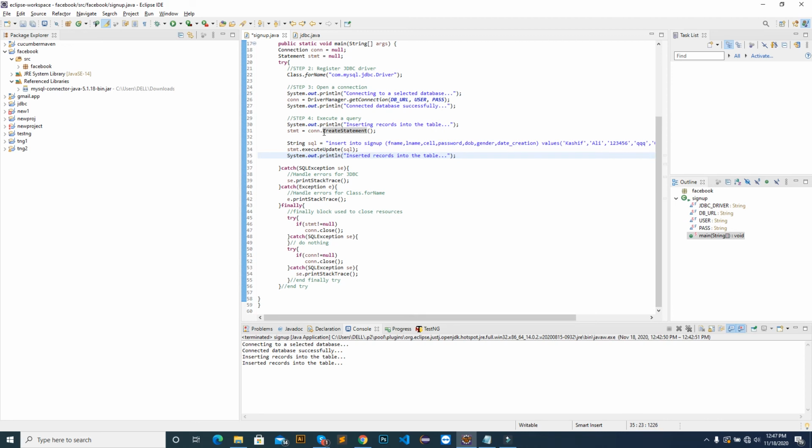Then it inserts the record into the table, and this is the message. If any error occurs in the try, it will be caught inside this catch, and finally is always executed. In a real scenario, these values, Kashif and so on, come from some website form, just like the Facebook form. We would add the form variables instead of these, fetch the values and insert them into the database. This is not the right way of coding. We are just beginners. The real thing is